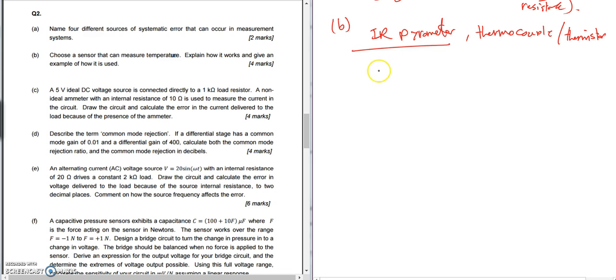So let's see, how do we draw it? So basically the pyrometer is a non-contact sensor, meaning that you don't have to put it on the object or have it be in contact with the object that you want to measure the temperature of. So the way it works is it depends on a property of the body. It's called black body radiation,